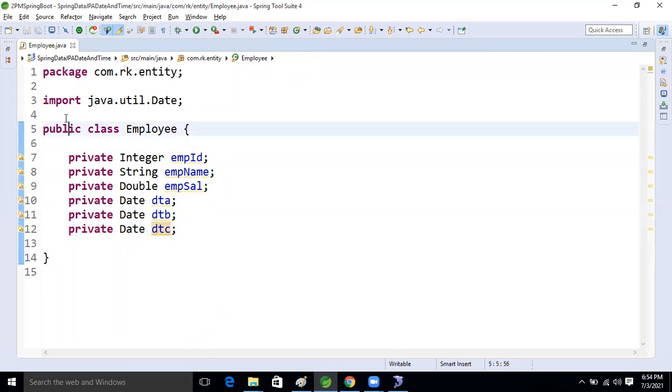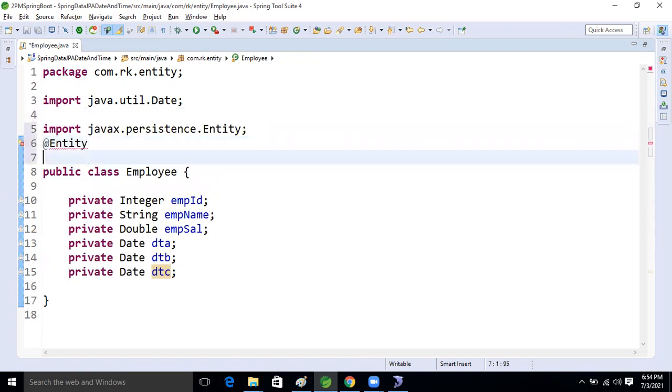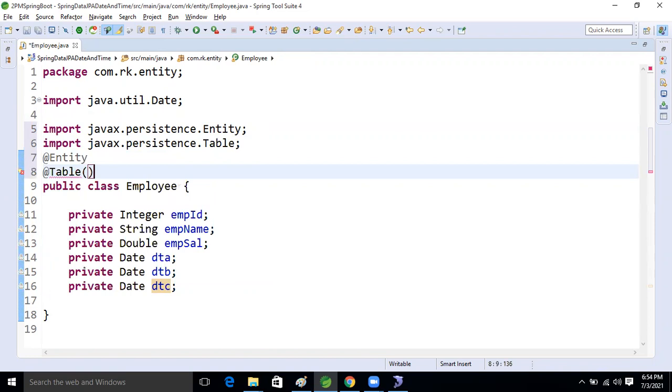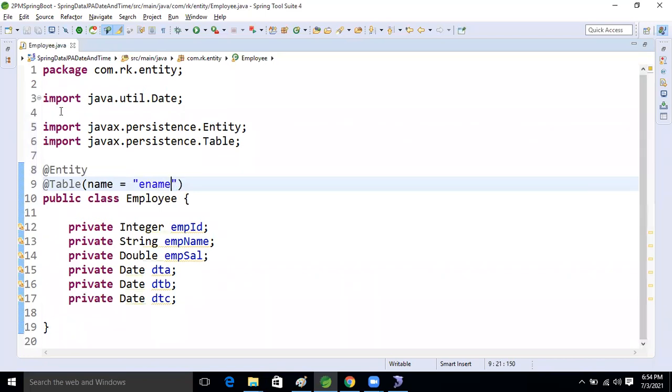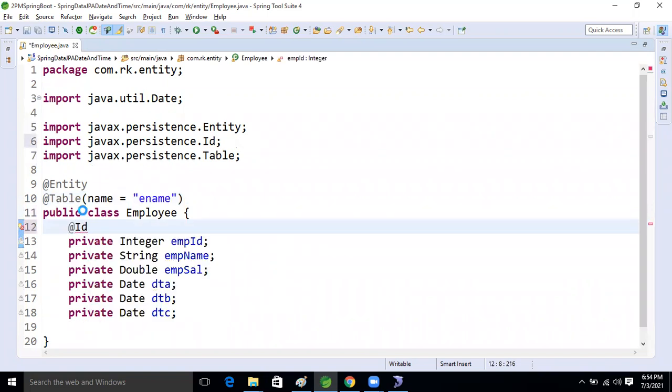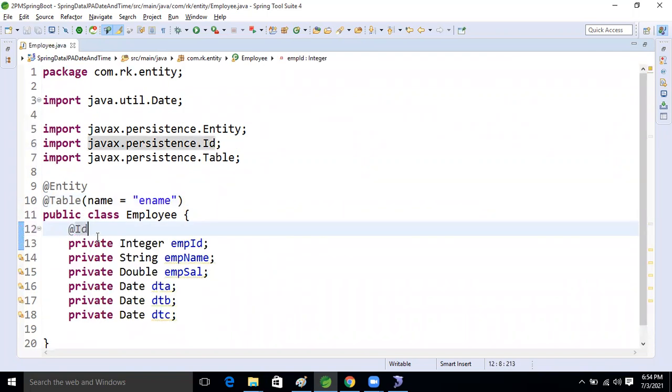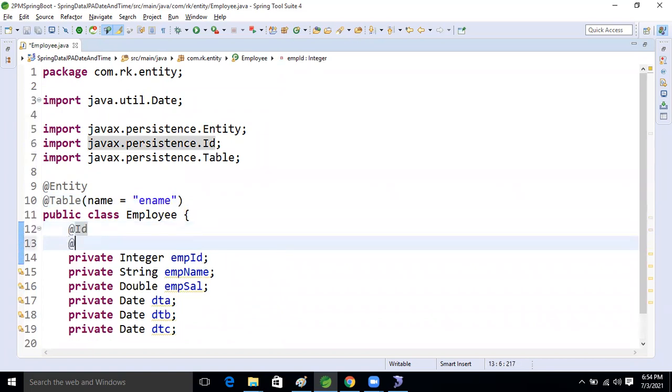So here what I'm going to do now: @Entity, @Table with name equal to E name. Here I'm taking @Id. Good.